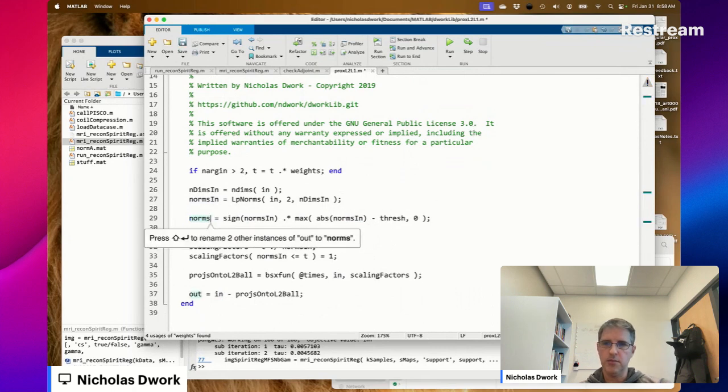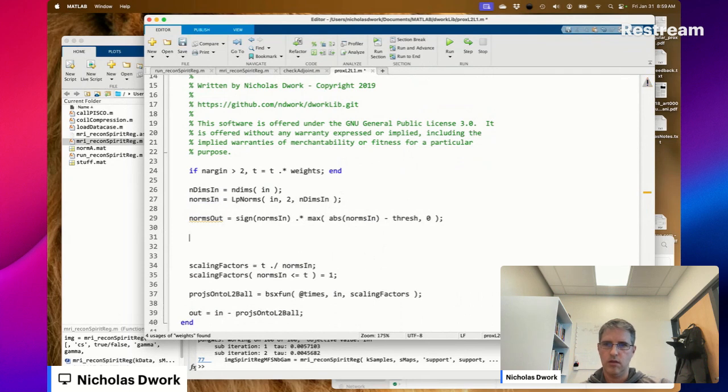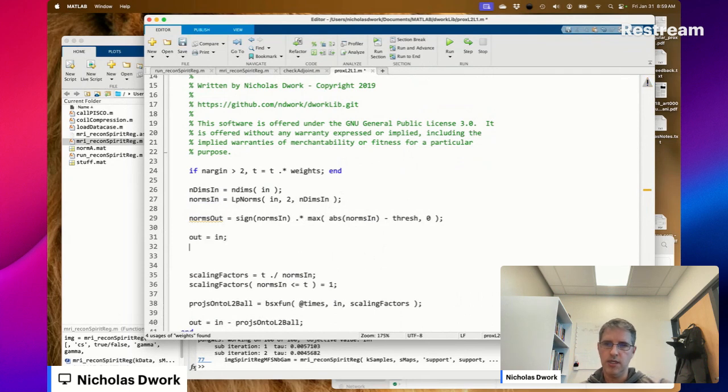So these are the norms out. Out is equal to in.